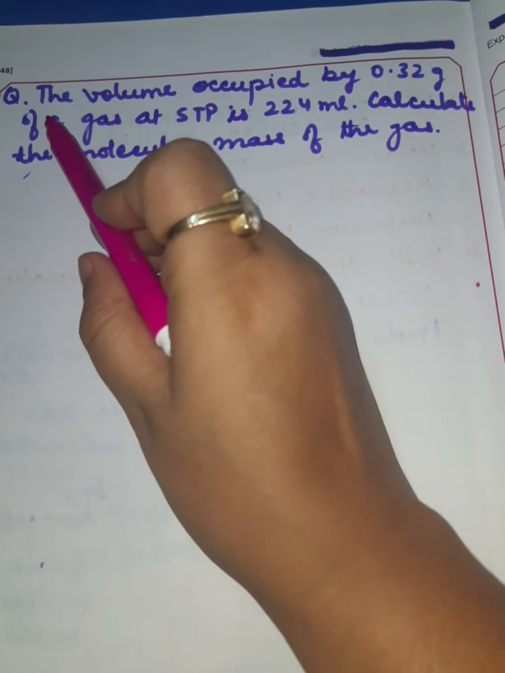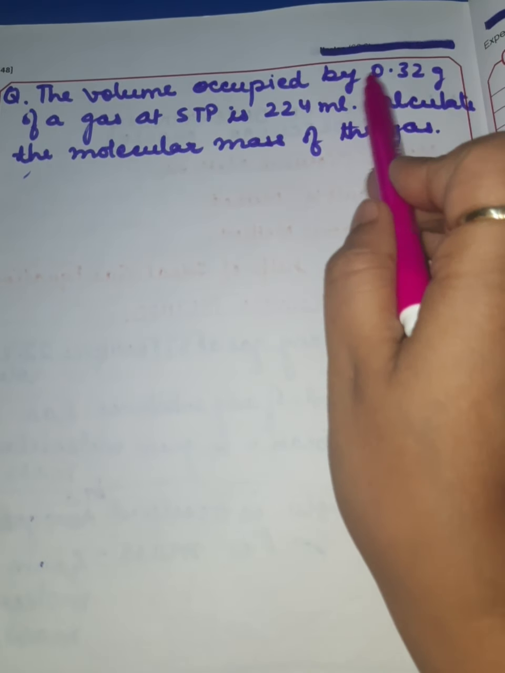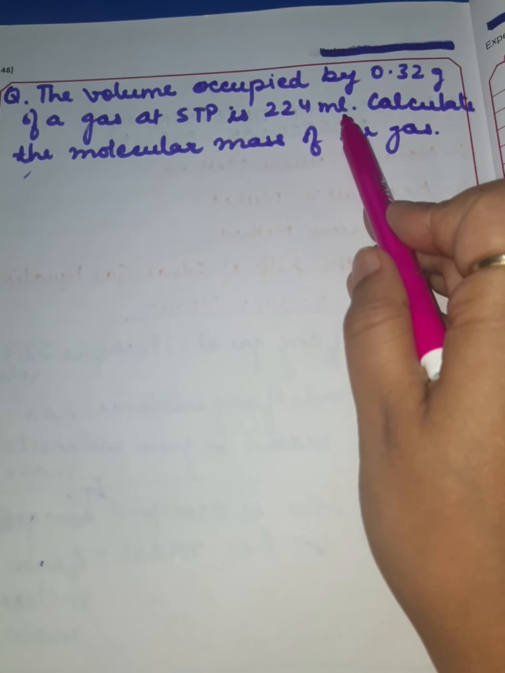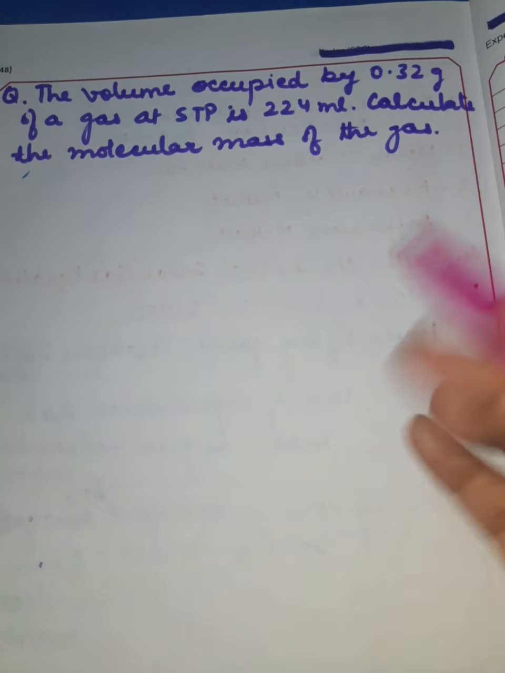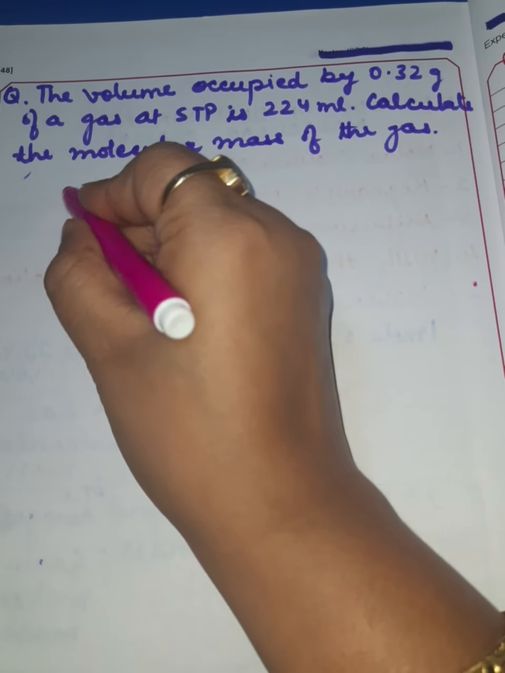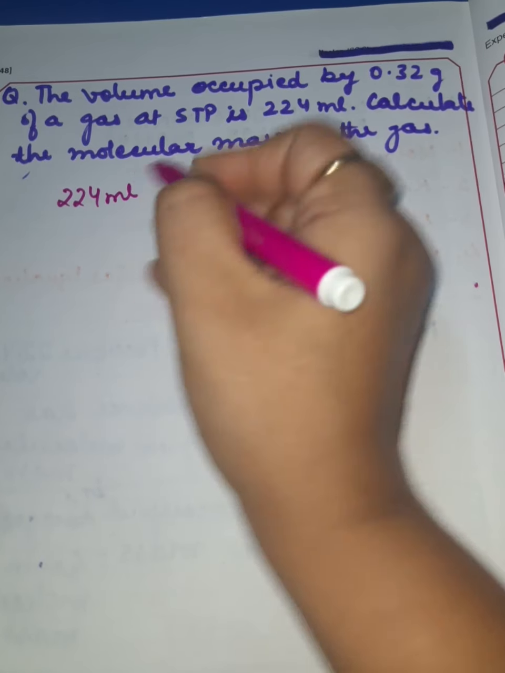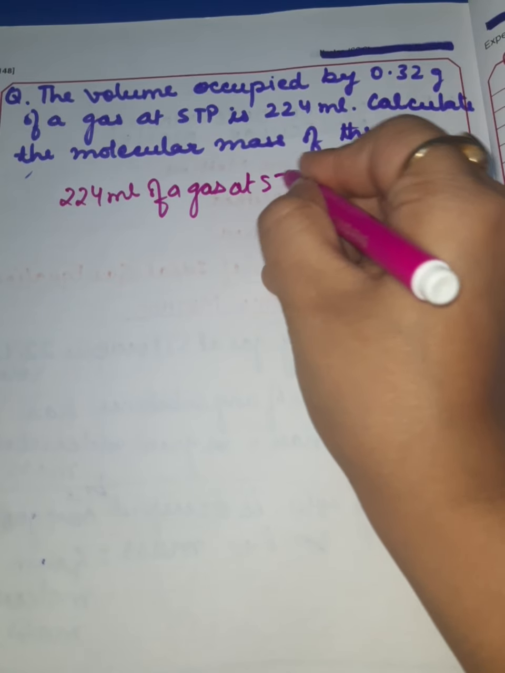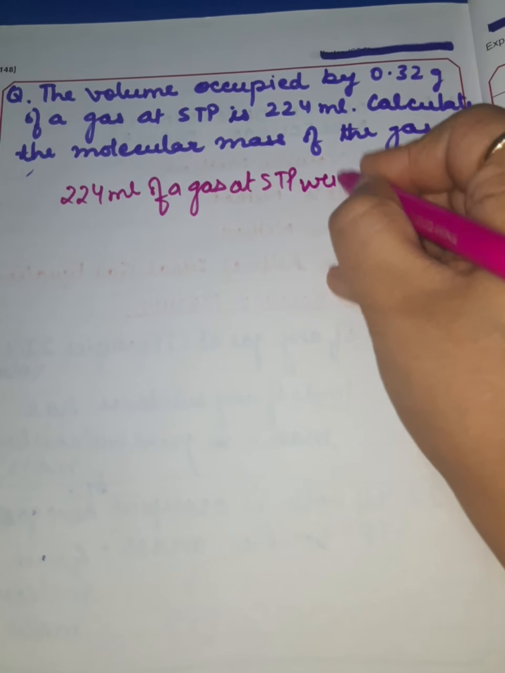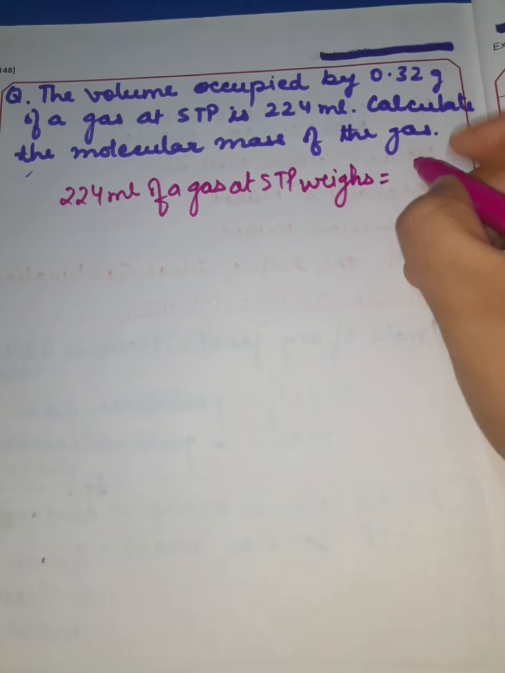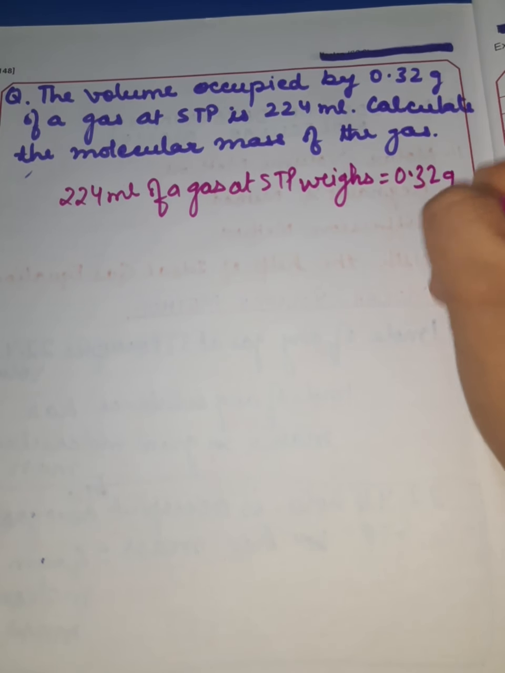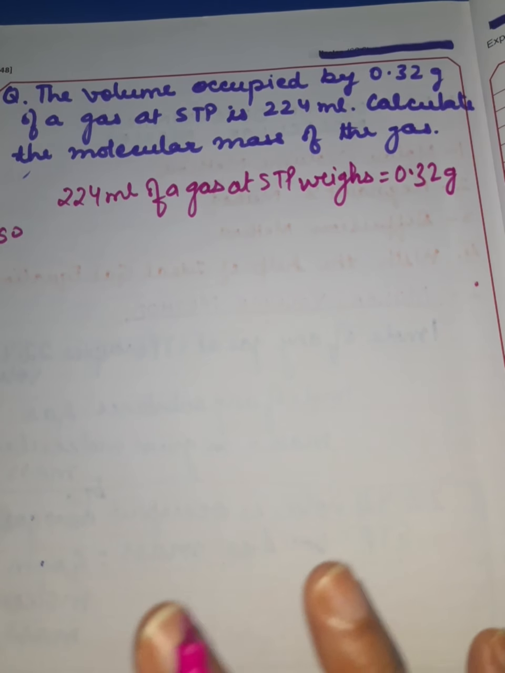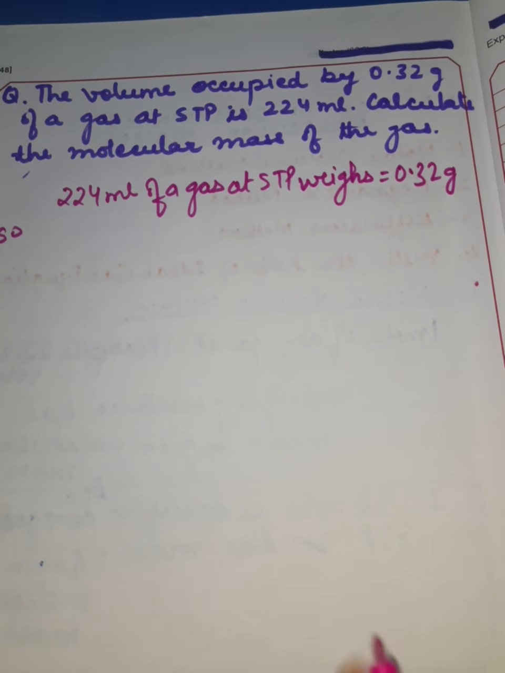Now suppose we have this numerical: the volume occupied by 0.32 gram of a gas at STP is 224 ml. Then calculate the molecular mass of the gas. See, it is very easy. Now we can say that 224 ml of a gas at STP weighs 0.32 gram. Alright, so since we know that 22.4 liter of a gas at STP has mass equal to its molecular mass,